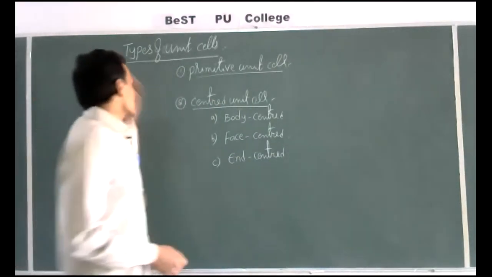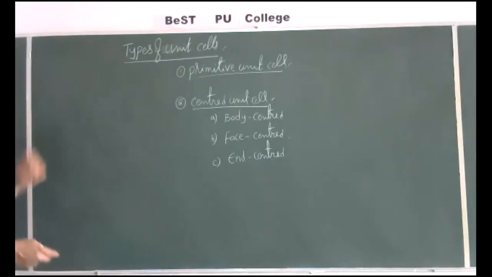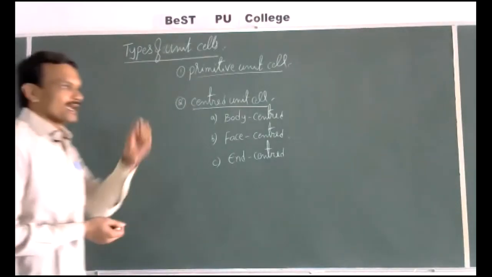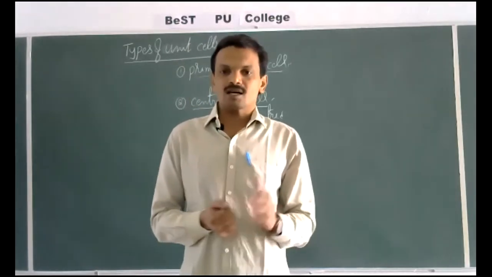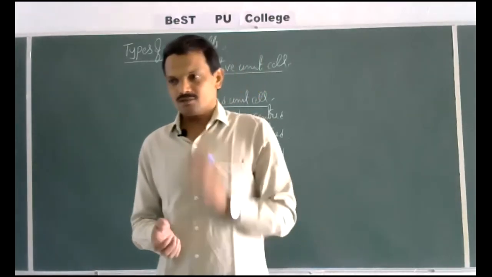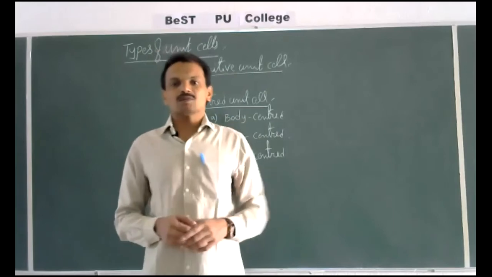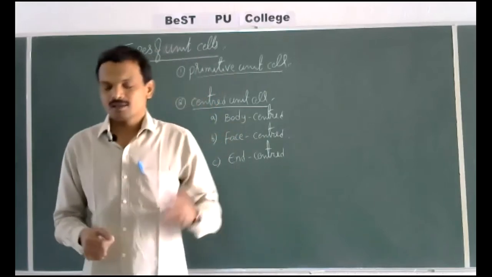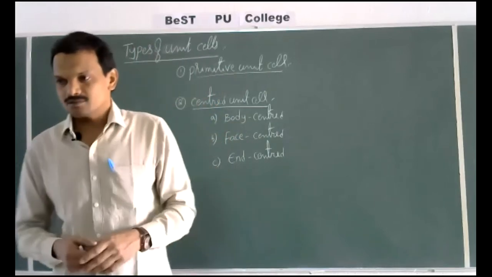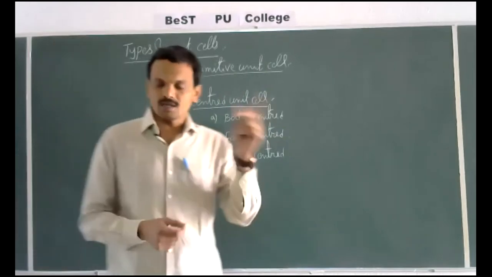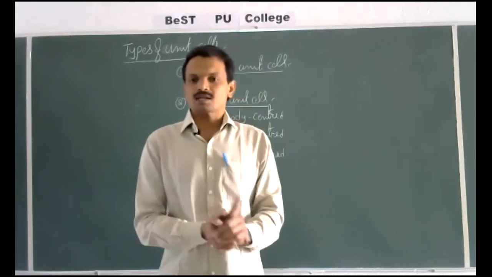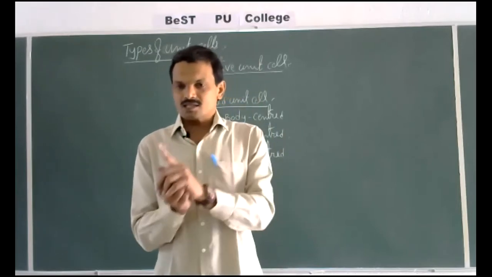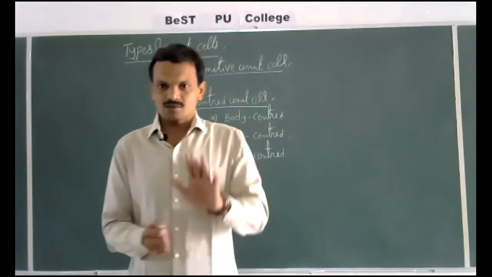And a unit cell can be represented by two types of parameters, which are nothing but edge length and angle between the edges. The edge lengths are represented by a, b, c, and the angles between the edges are represented by alpha, beta, gamma. Between a and b, the angle is gamma. Between b and c, the angle is alpha. Between a and c, the angle is beta. So this is what we discussed.